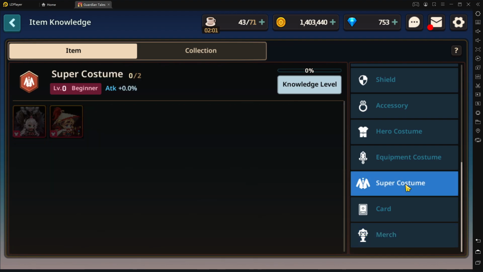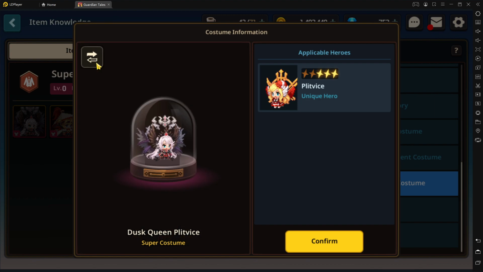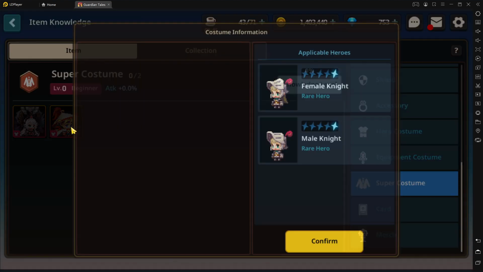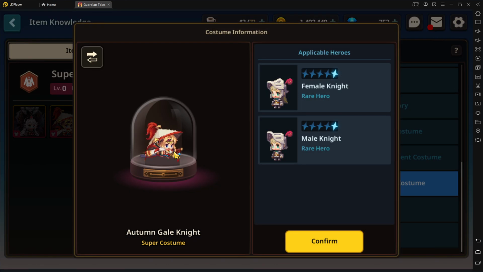Oh, and of course there are 2 super costumes as well that have a 0.5% chance for you to get. There's the Plitwise one, which I've seen footage of. It's really cool. It will change her fire attacks to crimson flames instead, so they're like dark red. Looks pretty awesome. Then there is of course the Night one as well, the Gale Knight, Autumn Gale, and yeah,